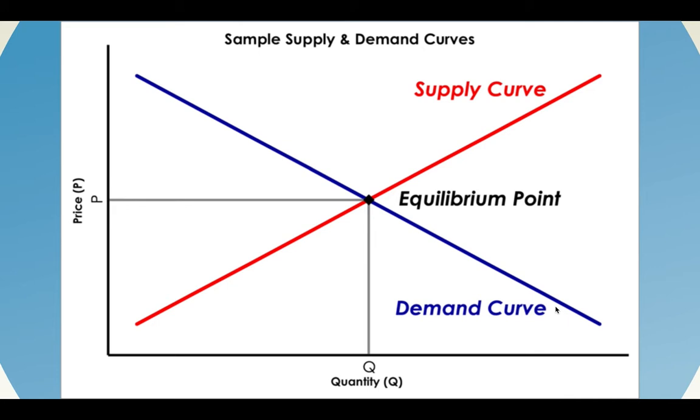And we can actually draw a graph where the two curves meet in the middle and we get to an equilibrium. The quantity is always on the x-axis. The price is always on the vertical axis, and we can call them P and Q for short. Supply starts initially when the price is cheap. Very few people are willing to sell it. So it's always going to go from the bottom left to the top right. As the price rises, more and more people are willing to supply it. It's like Uber. When people see that there's a surge price going on, more people become willing to drive. So the higher the price, the more producers are willing to supply that good.